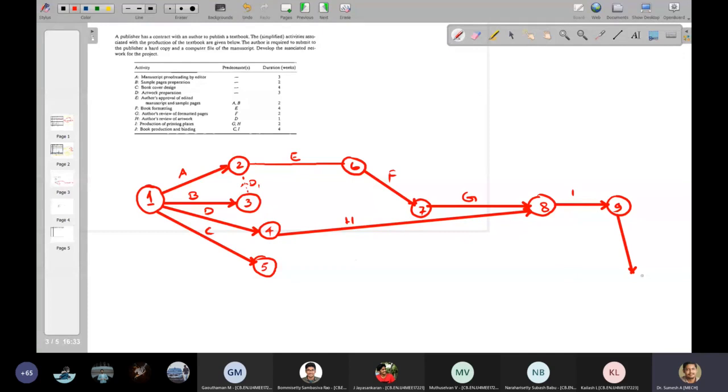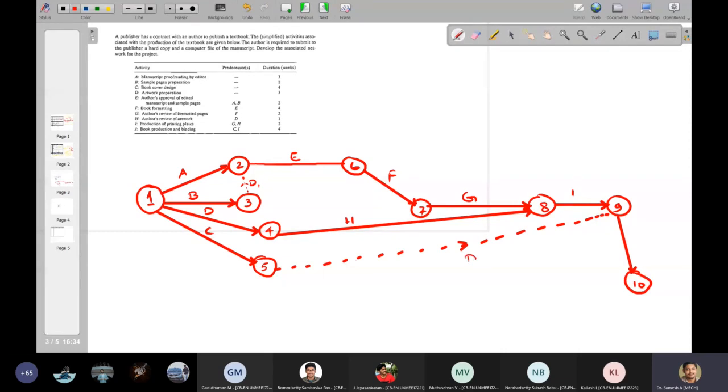This is node number 10. So what I can do is connect a dummy from C to I, like this, as dummy 2.